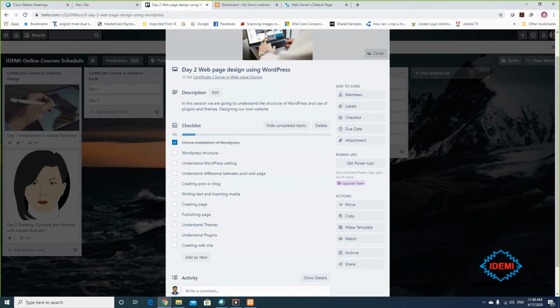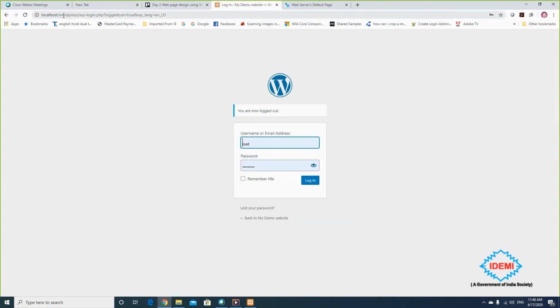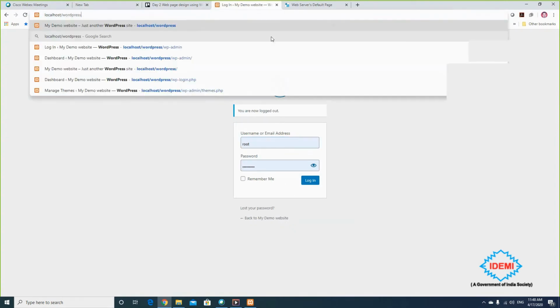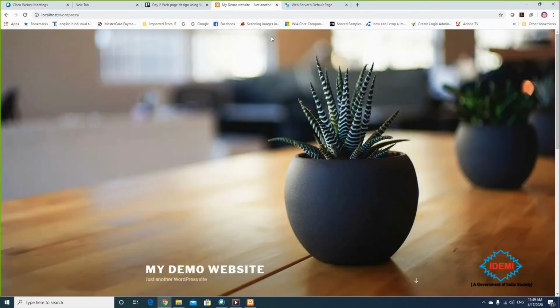Once I log in, and you know how to log in, I'm just logging out here and logging in again. Whenever you type localhost WordPress, every time it will automatically give you the web page directly, but I want to go inside the web page designing dashboard.